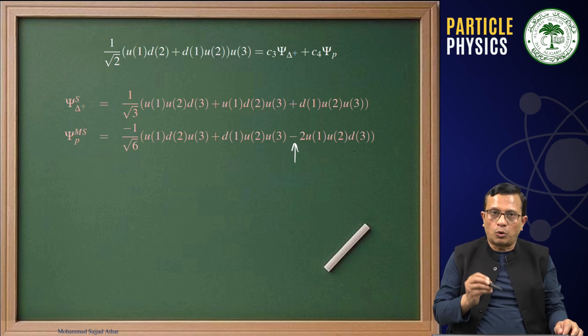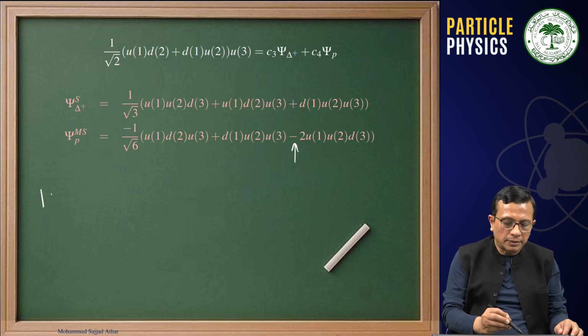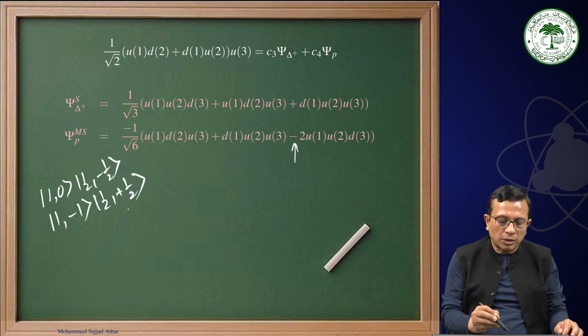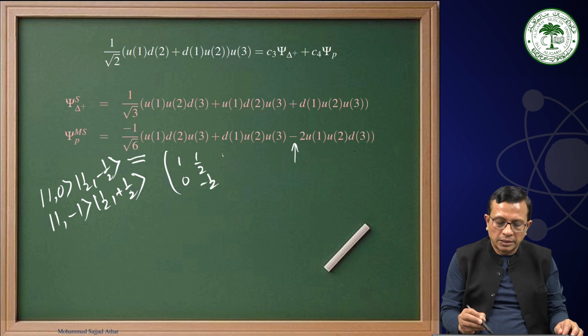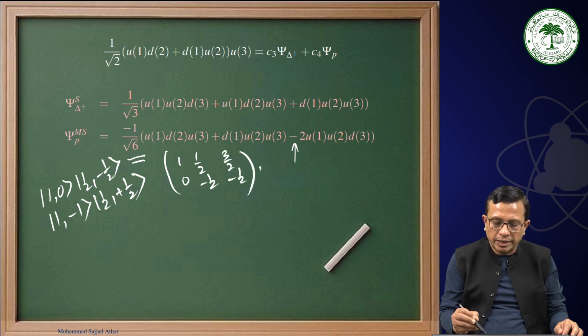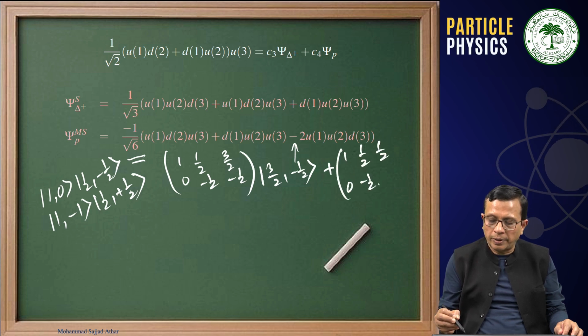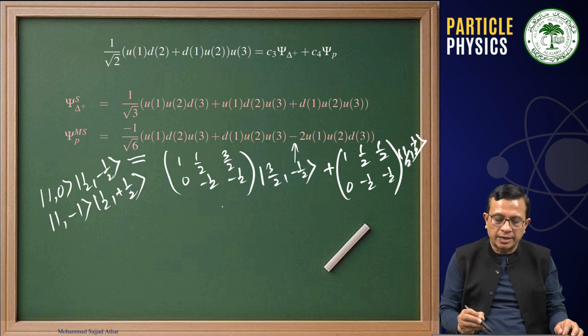Similarly, if we want to combine 1, 0 with half, -half and 1, -1 with half, +half, then what are we going to get here? We are going to get 1, 0, half, -half, 3/2, -half: a 3/2, -1/2 state, plus 1/2, half, half, 0, -half: a half, -1/2 state. This is again Clebsch-Gordan,